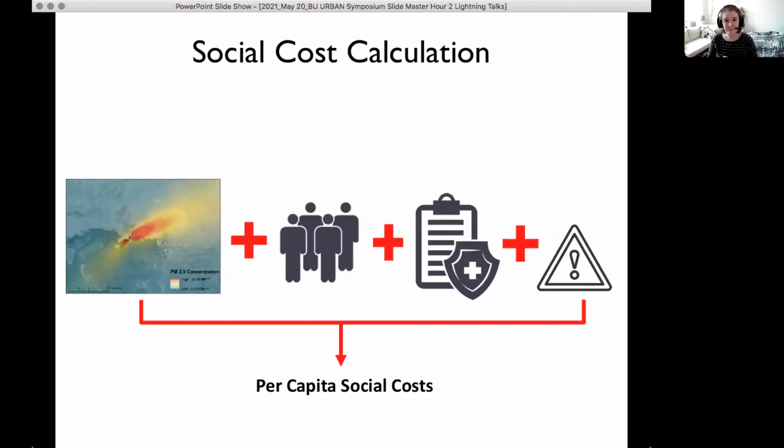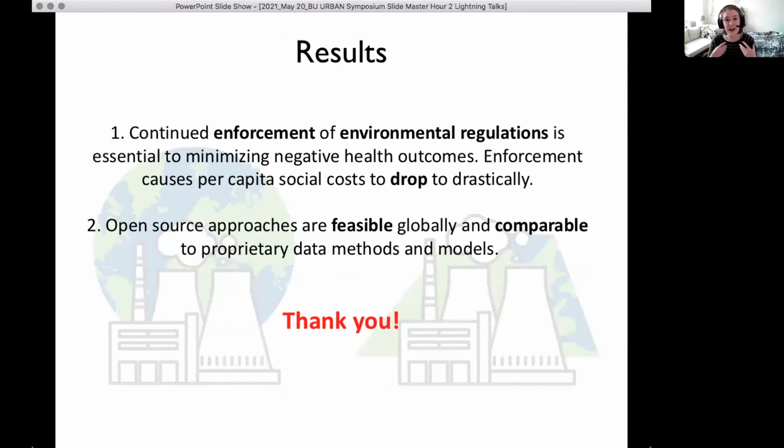Next. We then combine that ground level concentration with census data from Pakistan, health information, as well as a modeling of how risk is already inherent in the ambient concentration to get our per capita social costs. Next. And in the end, we discovered that continued enforcement of environmental regulations is essential to minimizing